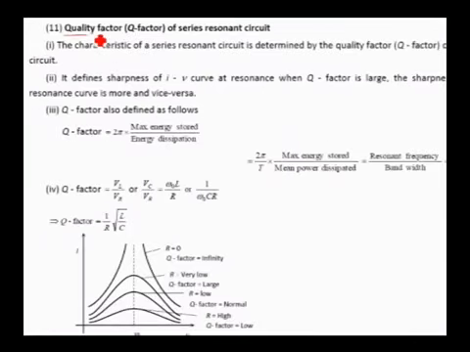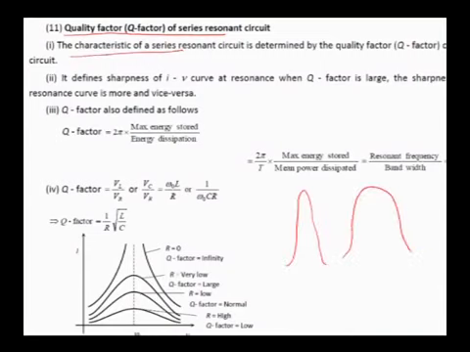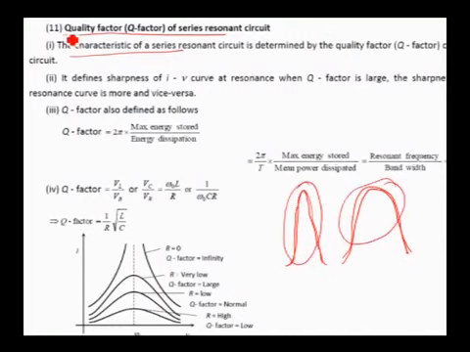Next, we have quality factor. Normally in a resonance case, whether the curve is sharp or it is like this, look at the sharpness of the curve here and look at the sharpness of the curve. The measurement of the sharpness of the curve is called the quality factor. It is given by the formula 1 over omega naught R C, or it is also a standard formula we have, 1 by R root L by C.